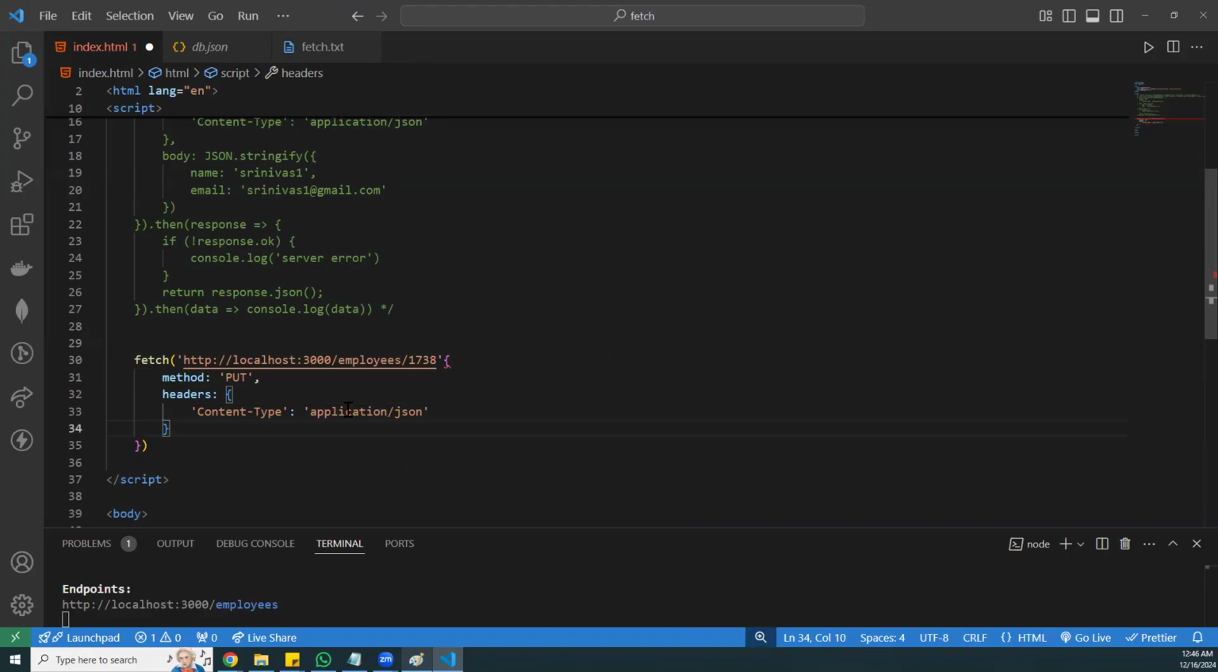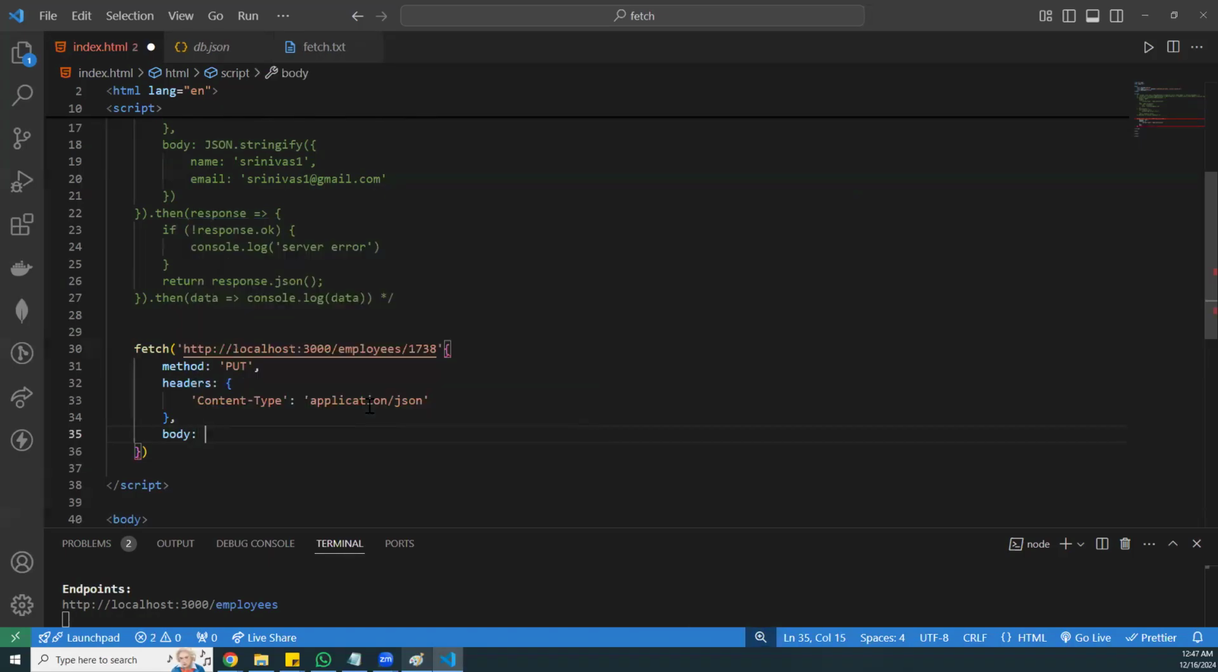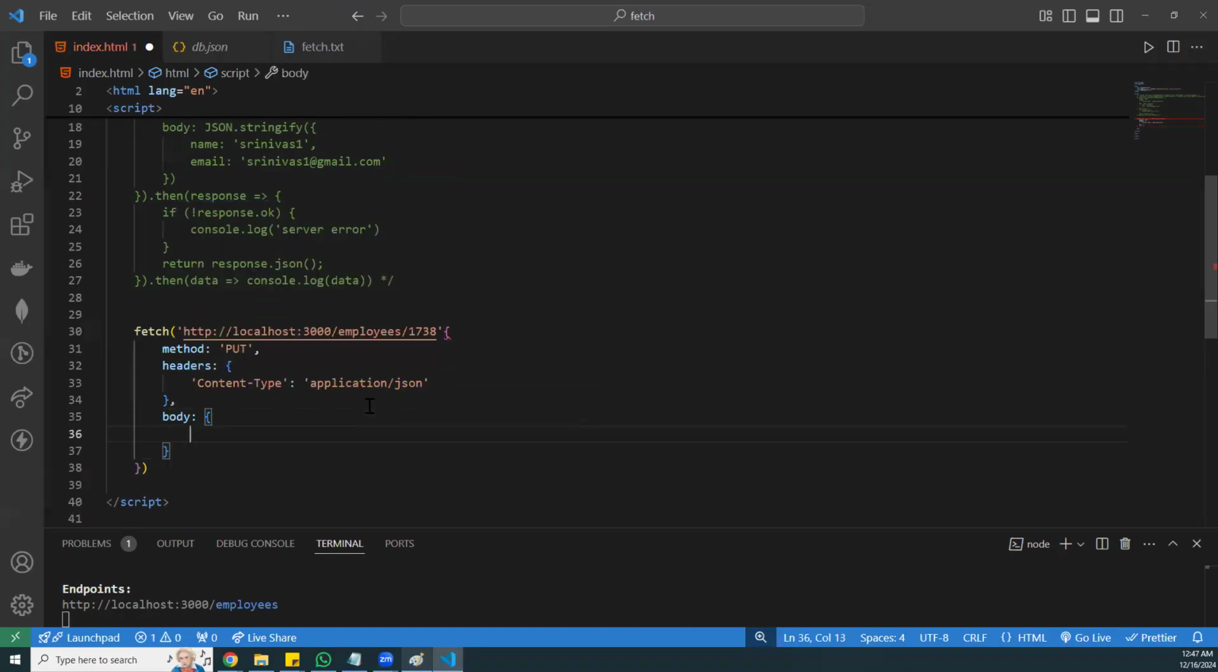You can send data. Which type of data? JSON data. If you want to send text, you can mention text here. Now I just want to go to another property, body. In this body, I'm just passing name. You can just give any